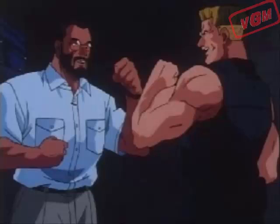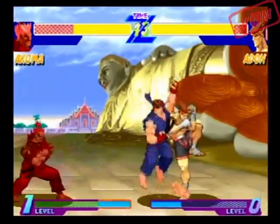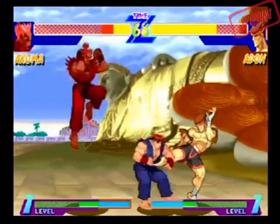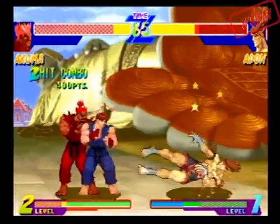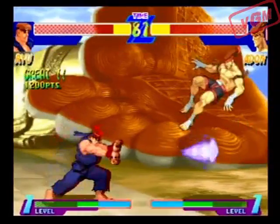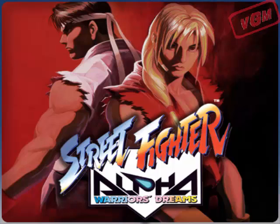Sort of. It's also worth noting that Street Fighter V, the anime series, also had a design for Charlie Nash, which looks very different because at the time Alpha didn't exist yet. And let's not forget the hidden dramatic battle mode in which two players can play as Ryu and Ken and fight against Bison at the same time, similar to the final battle in the Street Fighter II animated movie. While in the original arcade it was only Ryu and Ken, in later home versions you could choose any character you wanted. Street Fighter Alpha was also available on the original PlayStation, the Sega Saturn, and some other consoles, but